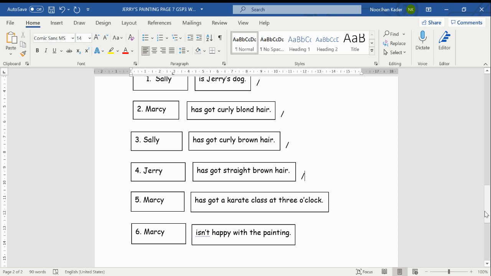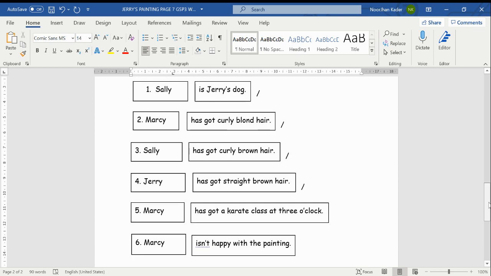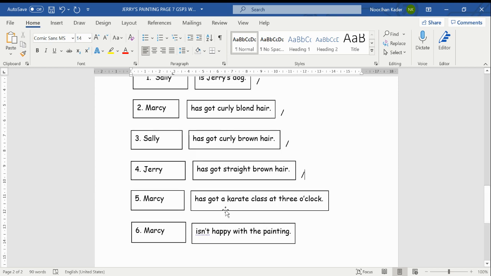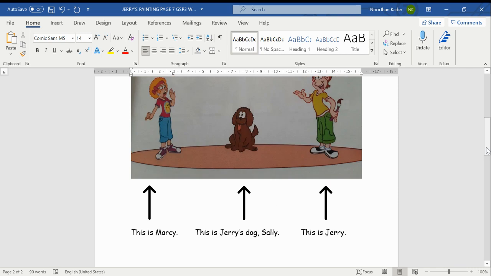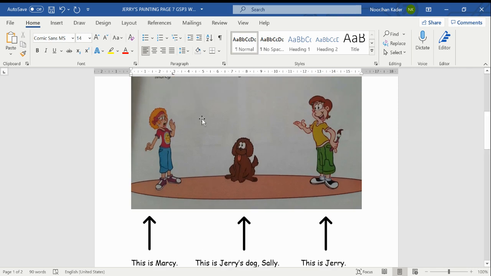Okay, we have already got four correct sentences out of six. We will see how about the two more. Okay, number five is Marcy. Number six also Marcy. Okay, so we are talking about the main character, which is Marcy. The first one says has got a karate class at 3 o'clock. The second one isn't happy with the painting. Okay, actually we don't have any answer in this picture, but if you remember the story,